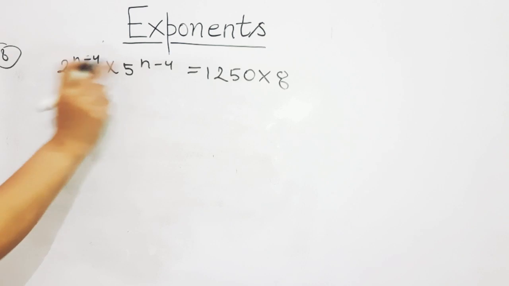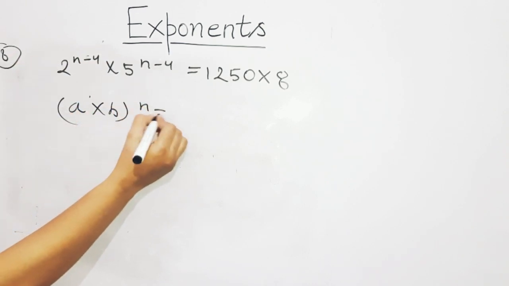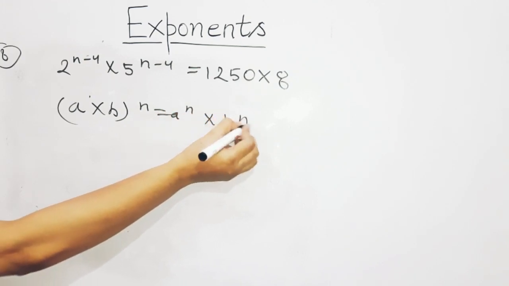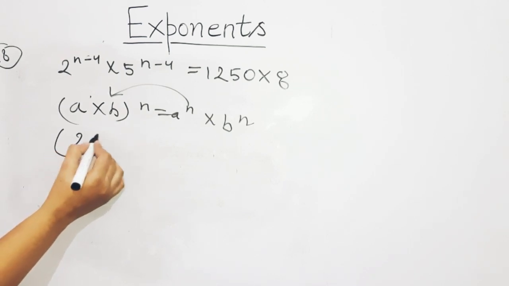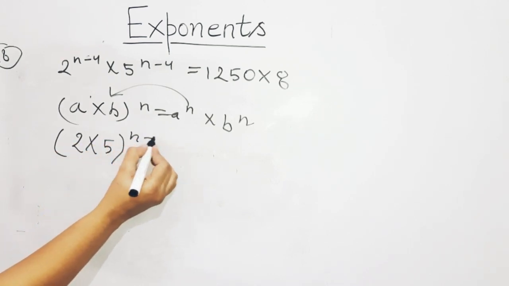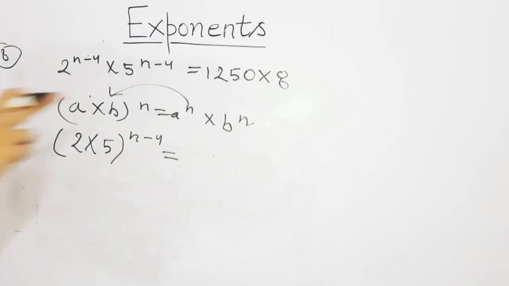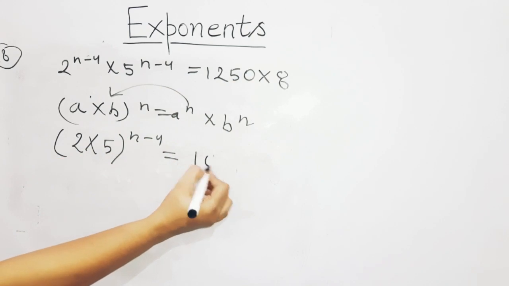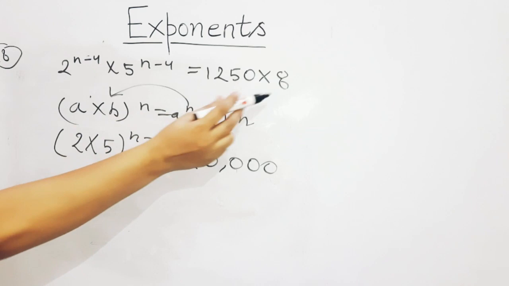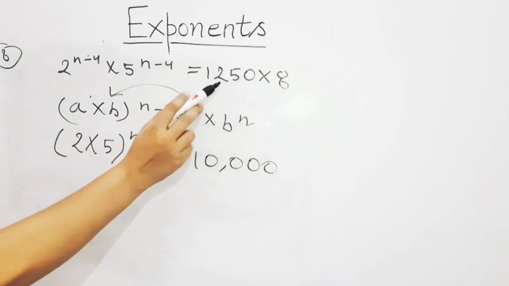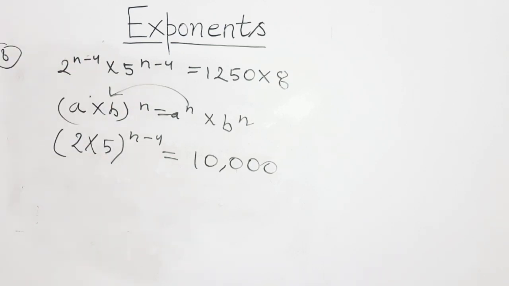Since both the powers are same, मैंने आपको एक फॉर्मूला बताया था: a multiplied by b to the power of n is equal to a to the power of n multiplied by b to the power of n. तो इसका अपोजिट भी लिखा जा सकता है. Now can we write like this? 2 multiplied by 5 to the power of n minus 4, because both the powers are same. Now 1250 को जब आप 8 से मल्टीप्लाई करेंगे you are going to obtain 10,000. 8 zeros are 0, 8 5s are 40, 8 2s are 16, 16 plus 4 is 20, 8 1s are 8, 8 plus 2 is 10. Right? So this is the answer.